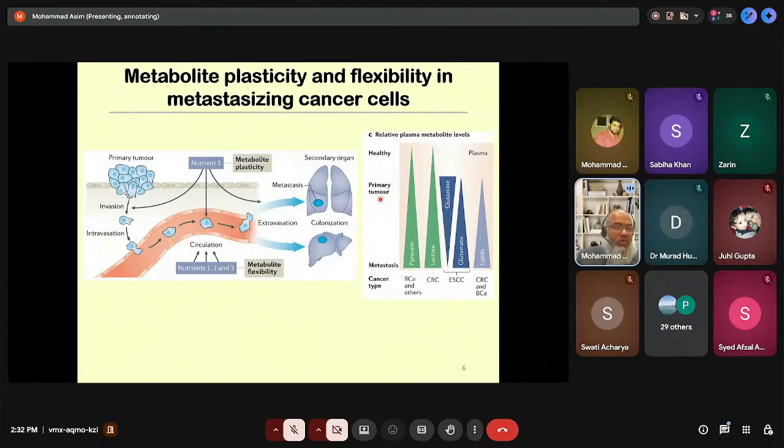So I'm not talking about 10 people on trial, I'm talking about thousands of people on these clinical surveillance studies to see which of them develop cancer. Then you can go back and have a look at the samples which were collected 20 years ago and measure the metabolite levels and see whether there are any patterns emerging with regards to the levels of these 4 or 5 metabolites I'm showing, but actually through the chemical analysis you can measure hundreds of metabolites in plasma